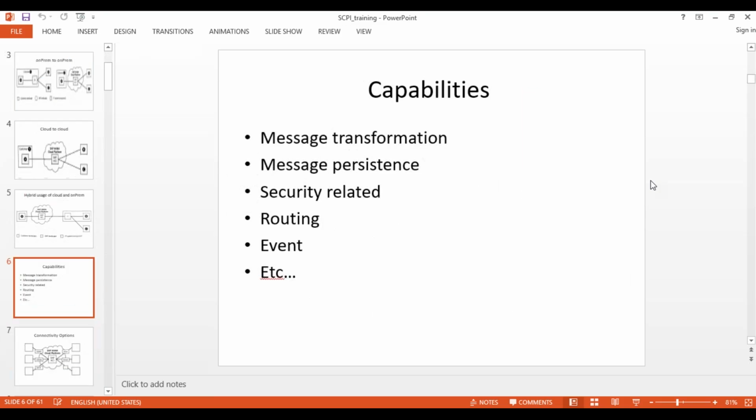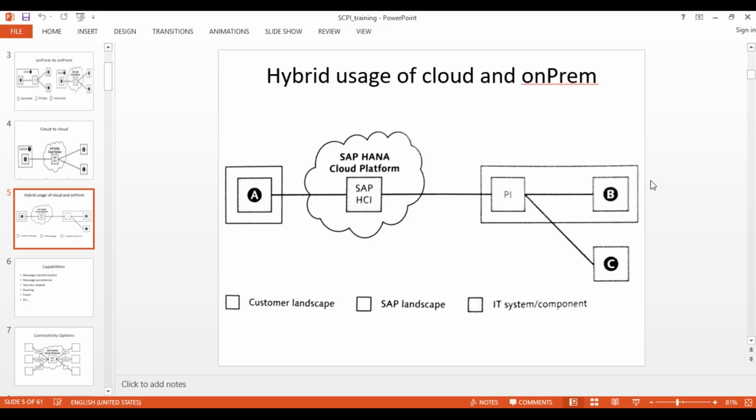In this scenario, we also have a PI in place. When we are using CPI or HCI, we may be using the PI system also. PI is not mandatory to use, but if the customer is already using that PI system, we don't suggest they kill the PI and use the system without it. Since the PI system is already in use and operational for their on-premise systems, we will let it continue, and it will connect to the cloud applications.